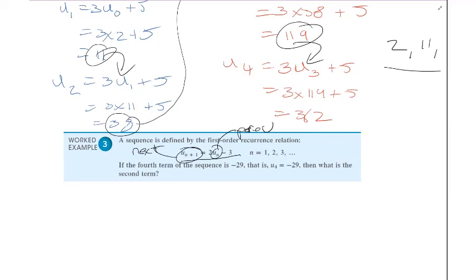Okay? The steps that you would need to do is to calculate U3 and then U2. And now you're going, how the hell do I do that? Okay, the way you're going to do that is to put the number in. So if I write out my